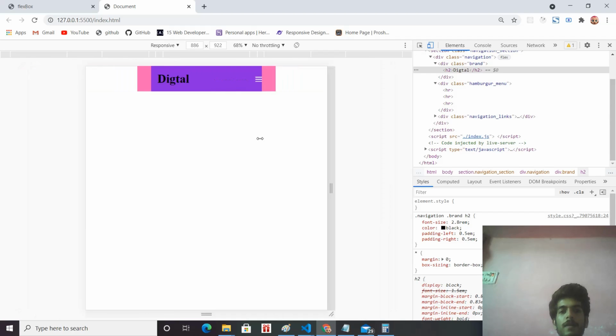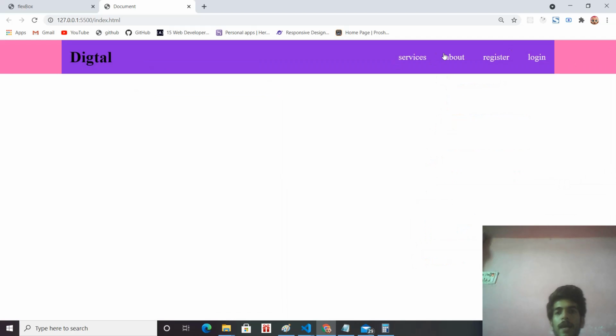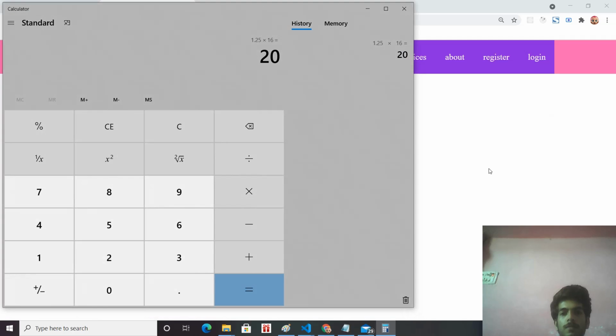So we have made our navigation. Only one thing is remaining: when I hover over these links, it should change the color, and we also want the container color to change.